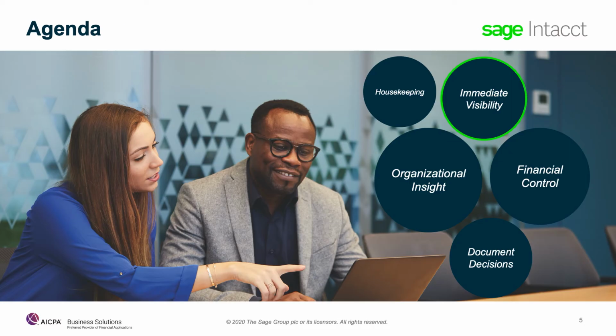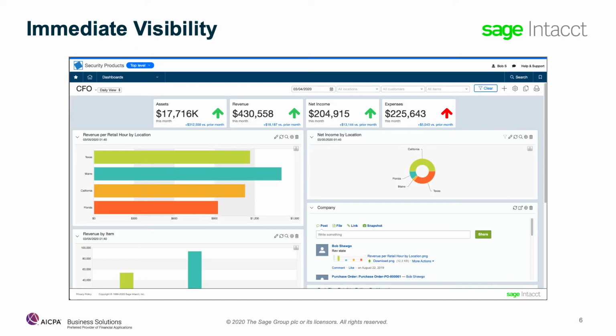Now let's jump into looking at how Sage Intacct provides immediate visibility. When I talk about immediate visibility, what I'm getting at is how you can get information about your entire organization right away. On the screen right now is an image of a dashboard, and I'm going to jump into the system and show this actual dashboard to walk through some of the ways it gives us immediate visibility into the